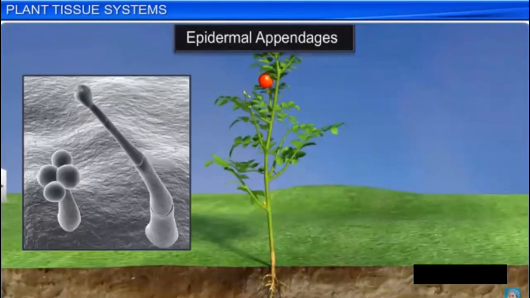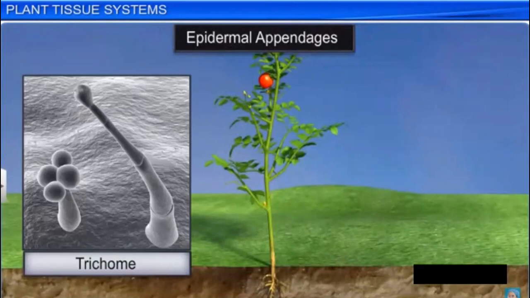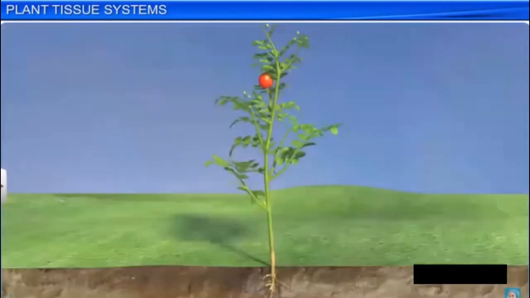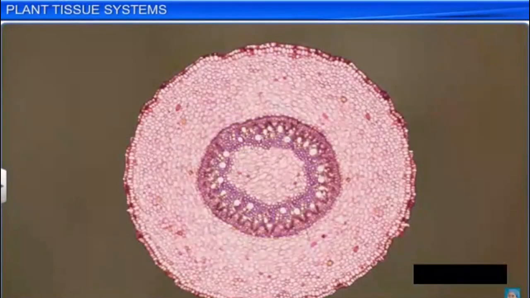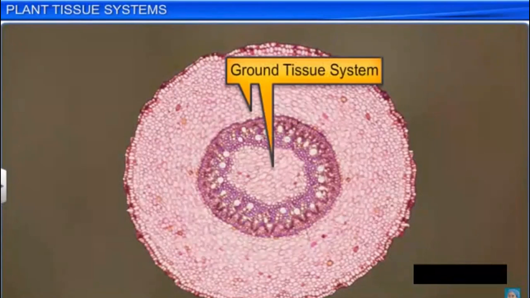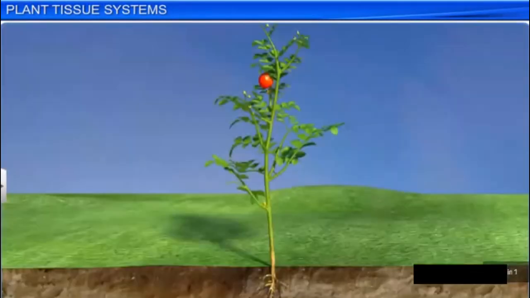They may be branched, unbranched, soft or stiff, and may also be secretory in function. Besides this, trichomes prevent loss of water due to transpiration. The second type of tissue system is the ground tissue system. The ground tissue in primary stems and roots consists of parenchymatous cells found in the cortex,